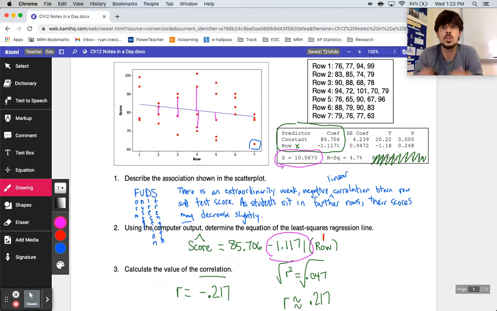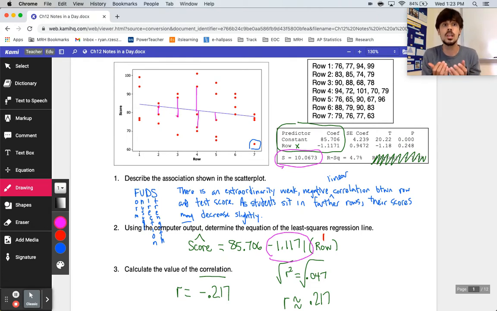So the whole script you guys were supposed to memorize for R squared. Maybe pause me, see if you actually remember this, because it's something you do need to know for the AP test. But what you would be saying here: out of all the reasons why score might vary, why would our predictions not have been accurate for this problem? Well, there's a lot of reasons why you might get different scores. How much you study, how much you naturally understand, how good of a test taker you are, how distracted you were, etc. Out of all those reasons, the row you sit in explains about